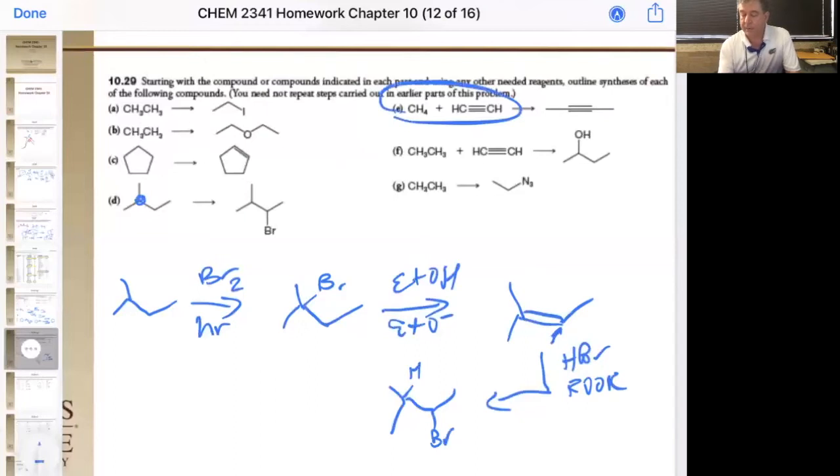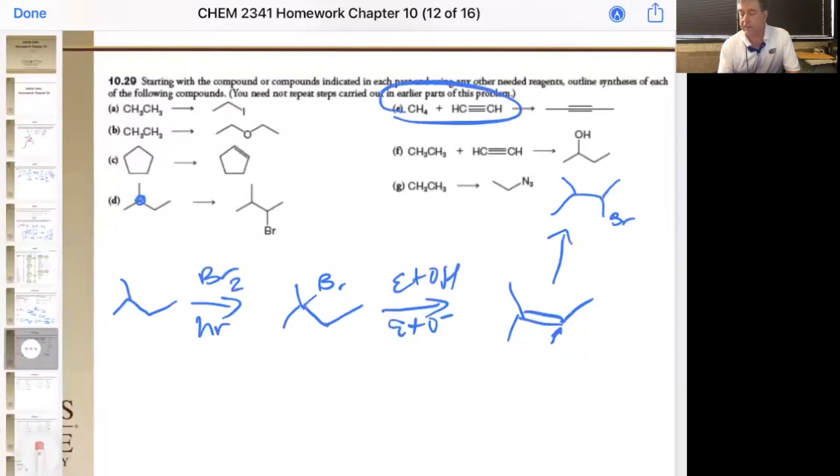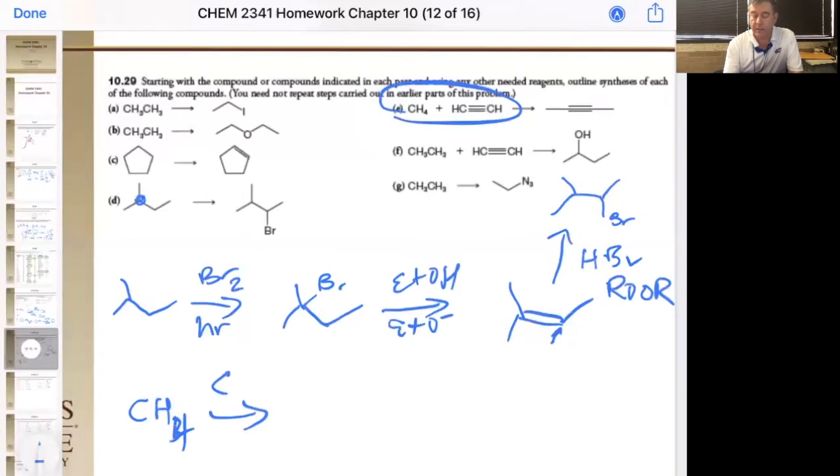All right, so let's go to the next one right here, E. And for E, we have to do a radical halogenation. In fact, let me move this product up here so that we can go down. Okay, so remember that's HBr with peroxides. Okay, so let's see, we have our methyl group here, so that means we're going to halogenate it. Let's go ahead and do bromine again. We could do chlorine, with H nu, and that's going to give us our monohalogenated